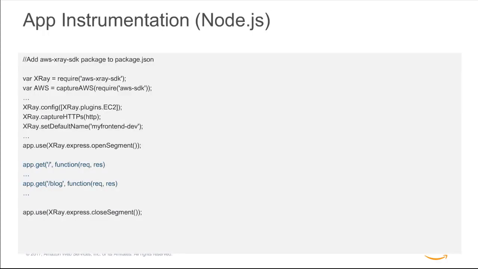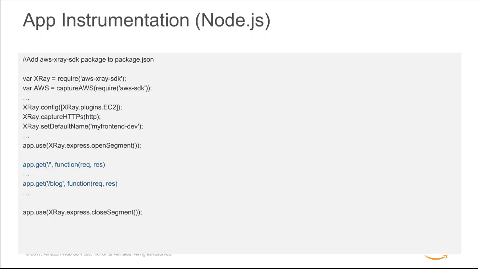And finally, let's look at how you instrument your application with the SDK itself. So the SDKs today require you to do a few things. So here I'm using an example for Node.js. So in Node.js, you have to add the X-Ray SDK package to package.json, and then all the lines that you see in black are the lines that need to be added to your code, regardless of, in essence, how large